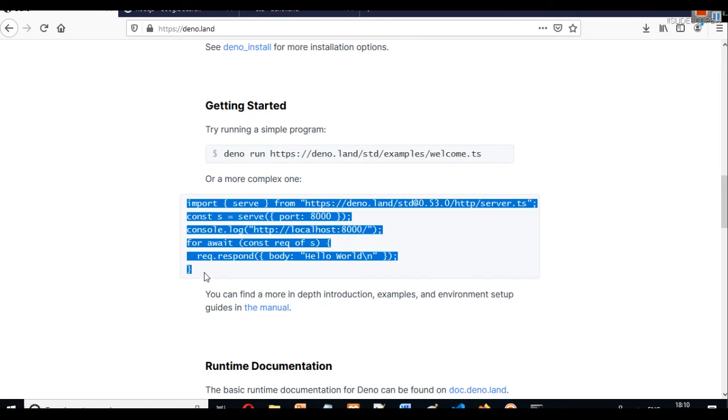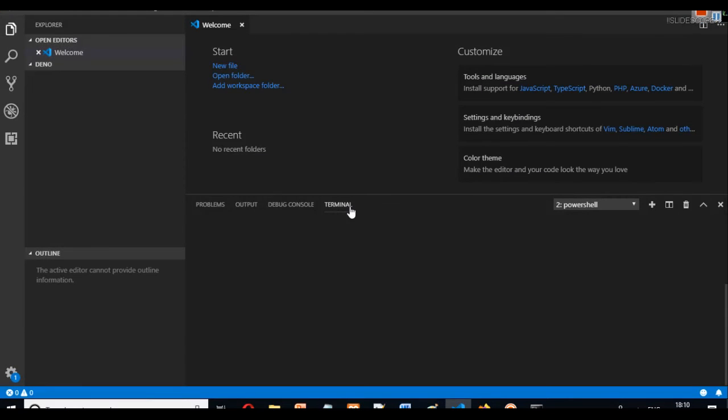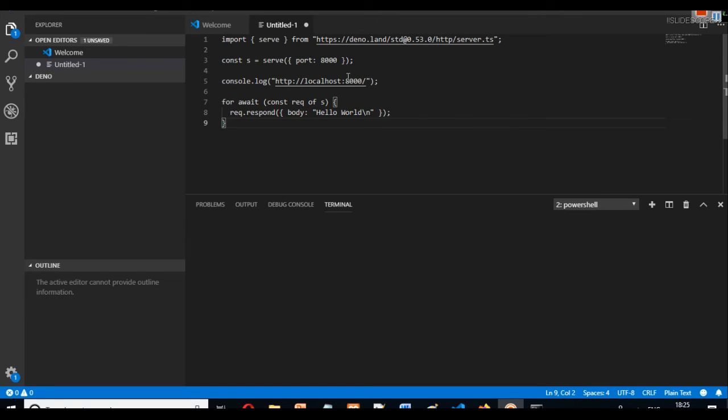For this we have to copy this, and for running this example we will use VS Code here. You can use any IDE you want, but VS Code is perfect for running things like this. Now we will create a new file. In this code you can see that we are importing a package from this URL directly, and while importing packages you can mention their version also.